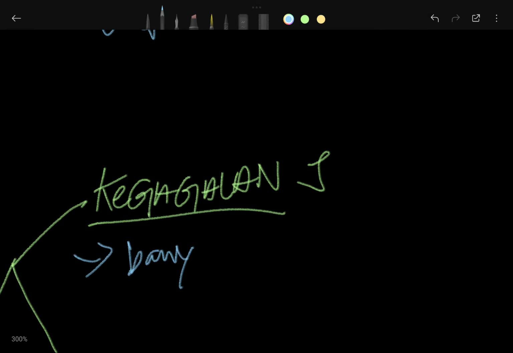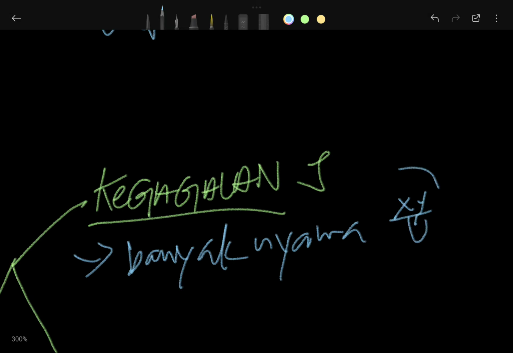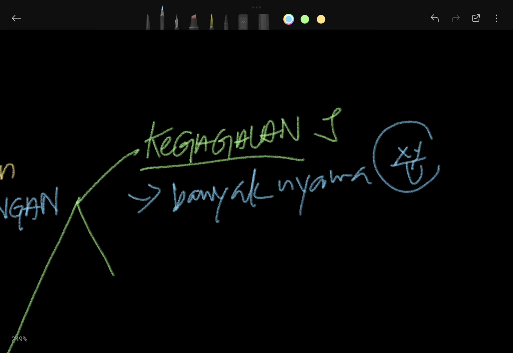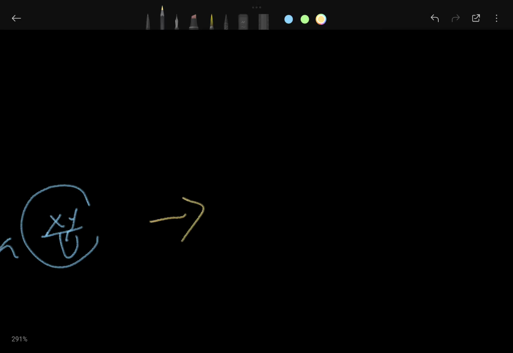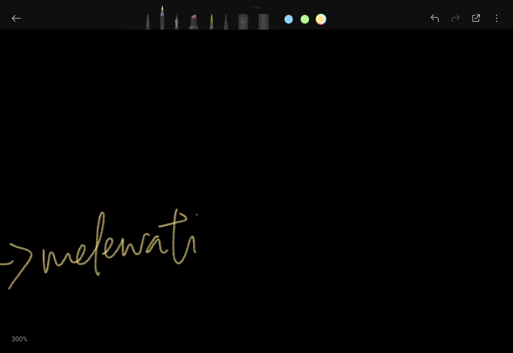So banyak nyawa, a lot of souls, we would say, or lives were lost, apabila perang melewati dua musim sejuk di Rusia. That is a very key point here, that this happened during the musim sejuk. Melewati, it had to be held back, it had to be delayed. What's the word for it? To be belated to musim sejuk